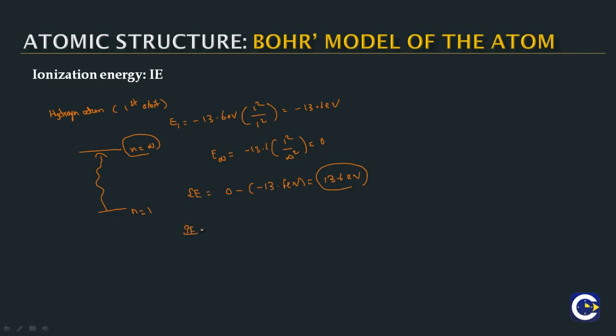So we see one relation here. When you are ionizing an electron from any particular ground state, the ionization energy will be simply the negative of the ground state energy. Since the ground state energy is always negative, the negative of negative will become positive. So the concept of ionization is basically to remove an electron from the atom, which theoretically is equivalent to exciting the electron to the infinity orbit. This is the ionization energy.